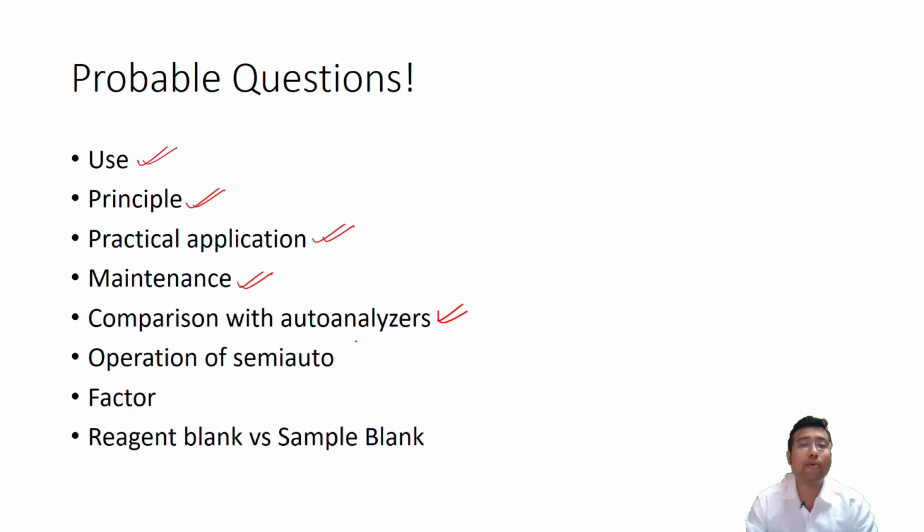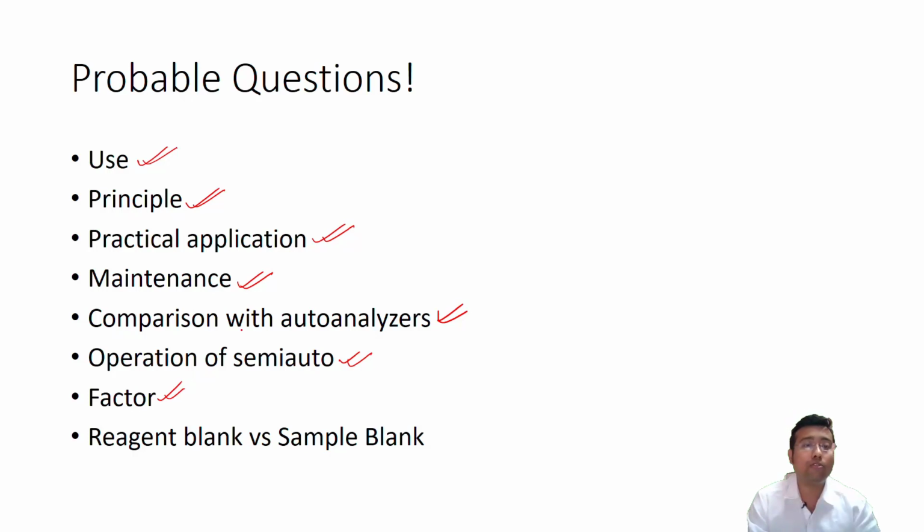Next, very important, what is factor? Factor is an integer or fraction by which, if you multiply the absorbance, you will get the result. As simple as that, right? But while measuring values in a semi-auto analyzer, a program might be set wrongly. Maybe the service person has messed it up, or there is some lot change, or you are putting in an absolutely new reagent for which the machine has no inbuilt program.